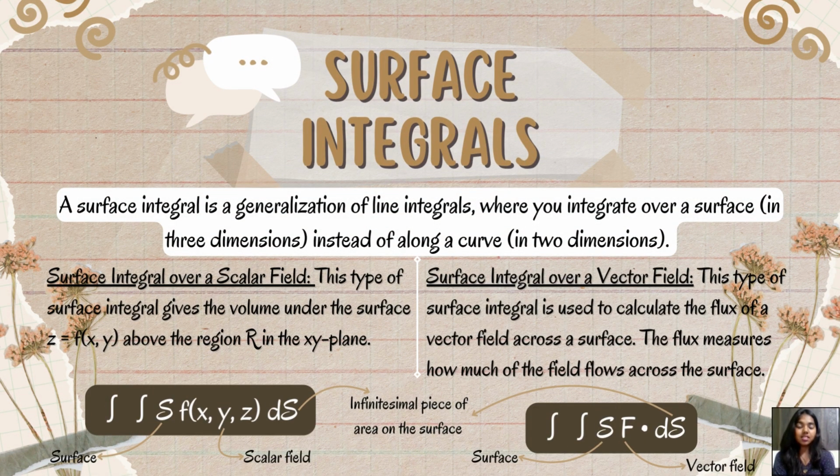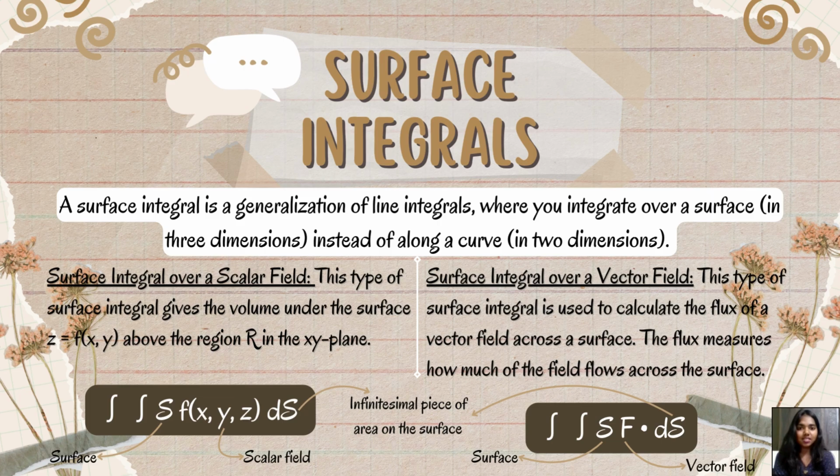Moving on to surface integrals. A surface integral is a generalization of line integrals, where one integrates over a surface instead of along a curve. A surface integral over a scalar field is a type of integral which gives the volume under a surface above the region R in the xy plane. The formula for a surface integral over a scalar field is depicted here, where S is the surface over which you are integrating, f of x, y, z is the scalar field, and ds represents an infinitesimal piece of area